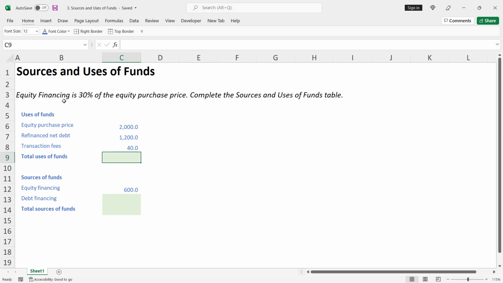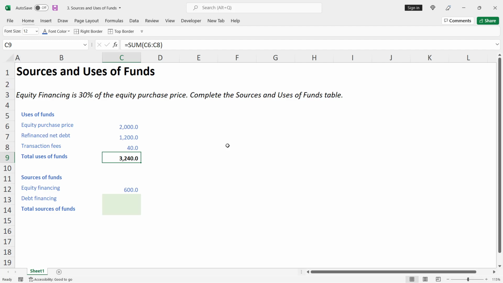Knowing that the equity financing is 30% of the equity purchase price. Equity purchase price is $2,000, refinanced net debt is $1,200, transaction fees is $40. In this scenario, my total use of funds will be a sum of all of the above. I'm going to use the Alt equals shortcut to sum up all these values. And I can see that my total uses of funds is